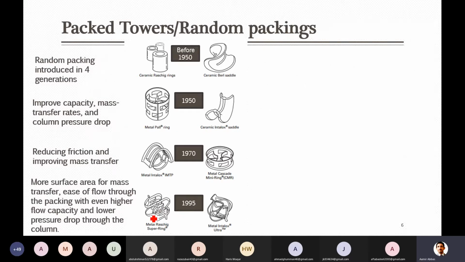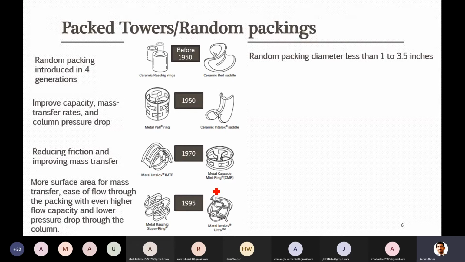So they can also definitely handle more capacity as compared to the previous version. So these are the latest ones which are being used, random packing. Others were somehow replaced with these, because they provide better efficiency and less pressure drop, so definitely they are preferred. Here you can see mostly two materials are mentioned, metal and ceramic, but I will tell you in the next couple of minutes that three materials are commonly used for making these packings. They are ceramic, metal as well as plastic. What is the difference between these, or which one is preferred in which condition, we will look at that.